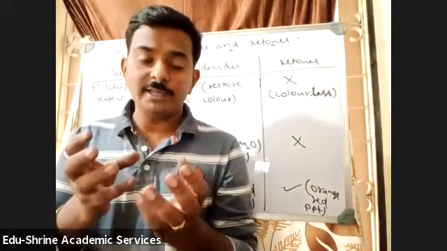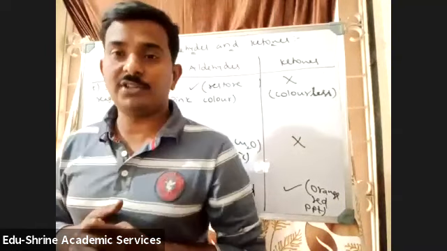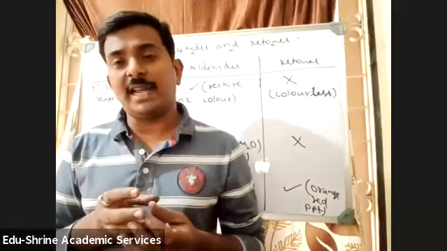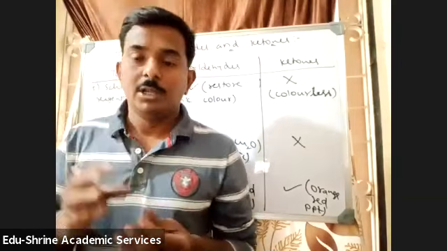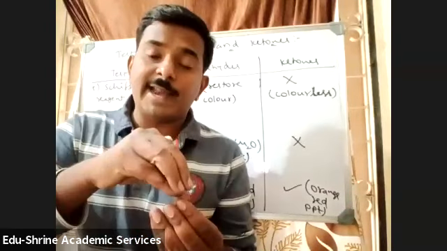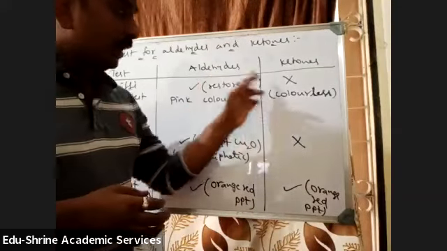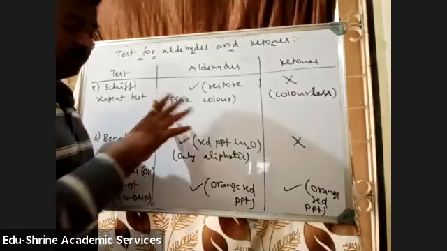So we pass sulfur dioxide gas through the Schiff's reagent, and it becomes colorless. Once it becomes colorless, we add the aldehyde or ketone. If the compound we are adding restores the pink color, it is an aldehyde. If it does not restore the pink color, it is a ketone. Okay, this much is enough. No need to go into detail.